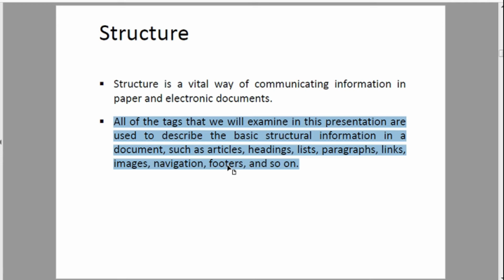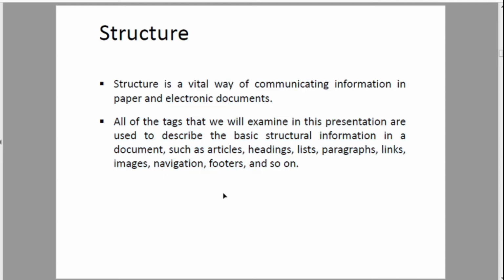That proper structuring has to be the main focus of an HTML document. Of these, we yet have to go through articles, navigation and footers, which we will see in later topics. The rest, headings, lists, paragraphs, links, images, we have gone through with some examples.